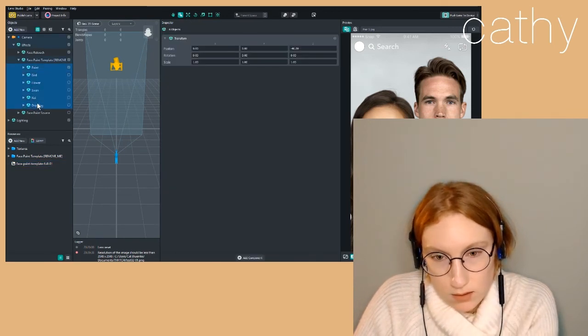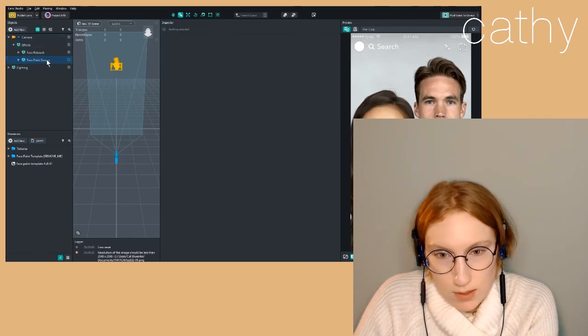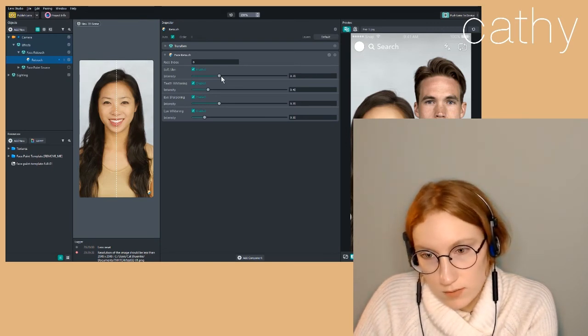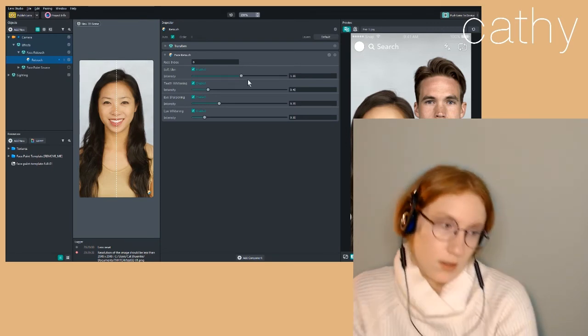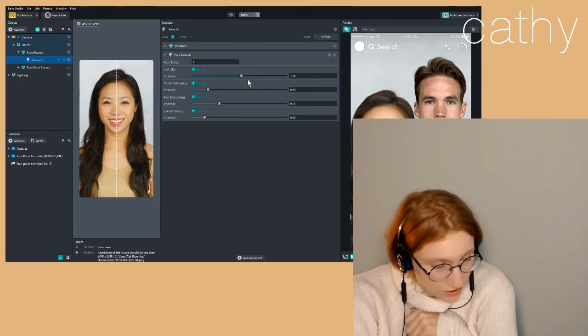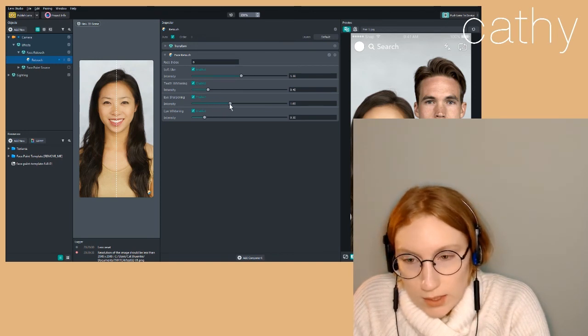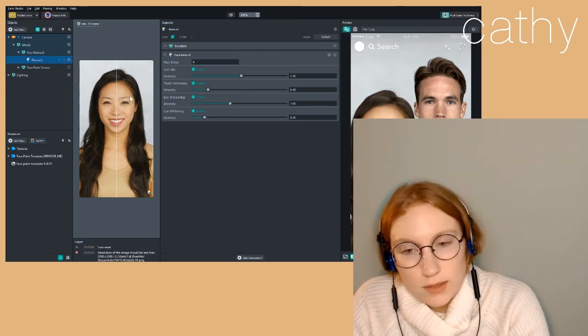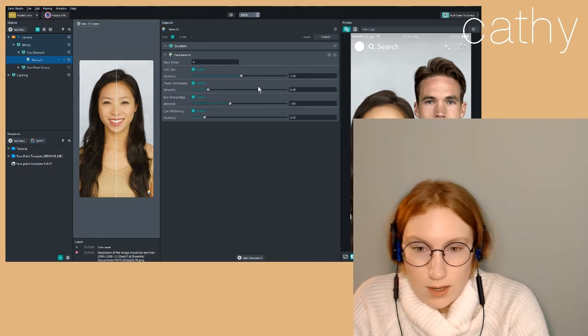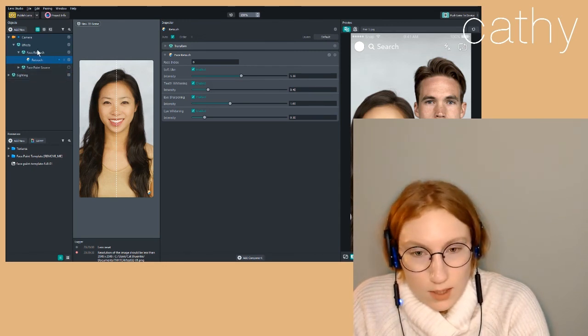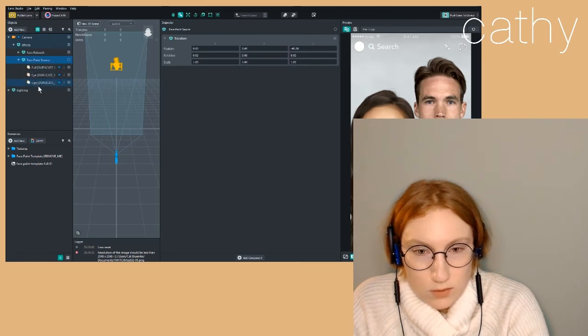I'm going to delete all these. Actually, delete this whole thing, the face paint template. And then you can actually retouch your face to a certain extent. So if this is, consider it your concealer or your foundation, put this up here. Smooth skin, teeth whitening, eye sharpening. This is all stuff that you can choose how intense you want your makeup to look. But then you hide that object, drop down the face paint source,